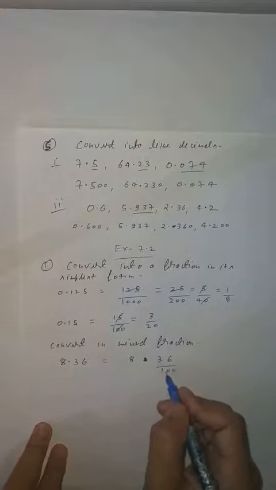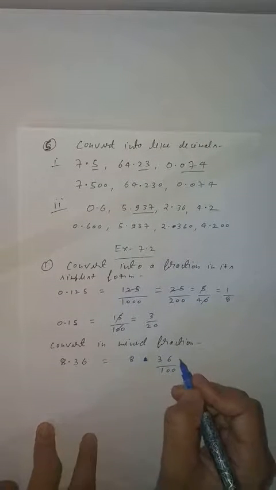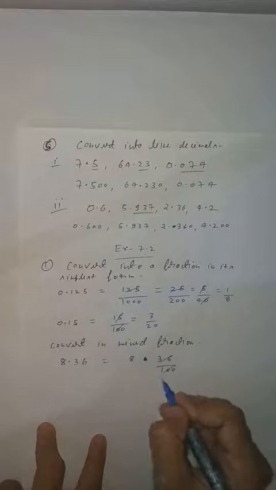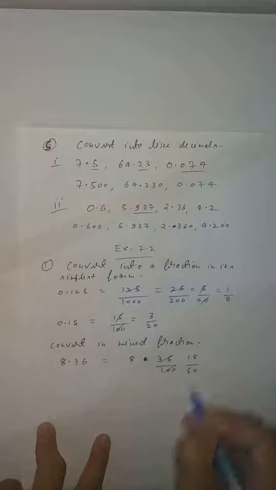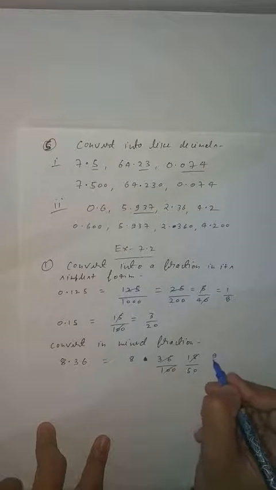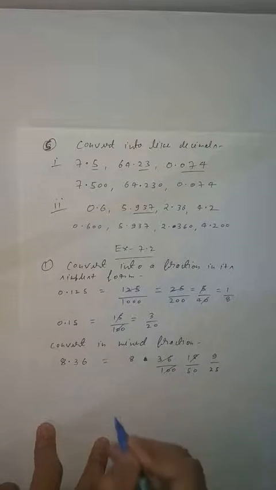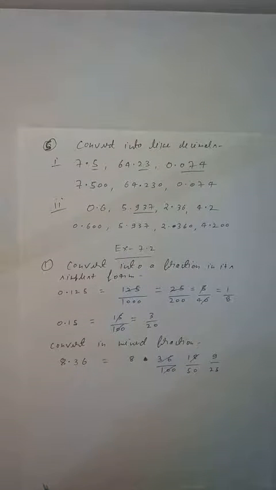Now what you can do, student, you have to reduce this one. So if you are going to reduce, first reduce it by 2. So 2 1s are 2, 2 8s are 16, then 2 5s are 10, 0. Again you can reduce, it will come 2 9s are 18, 2 2s are 4, 2 5s are 10. So our final answer is what?